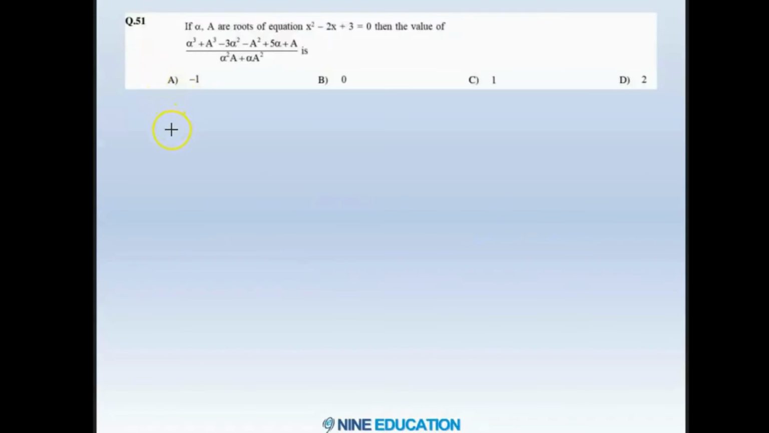Question number 51 here is, if alpha comma a are roots of the equation x square minus 2x plus 3 equal to 0, then the value of